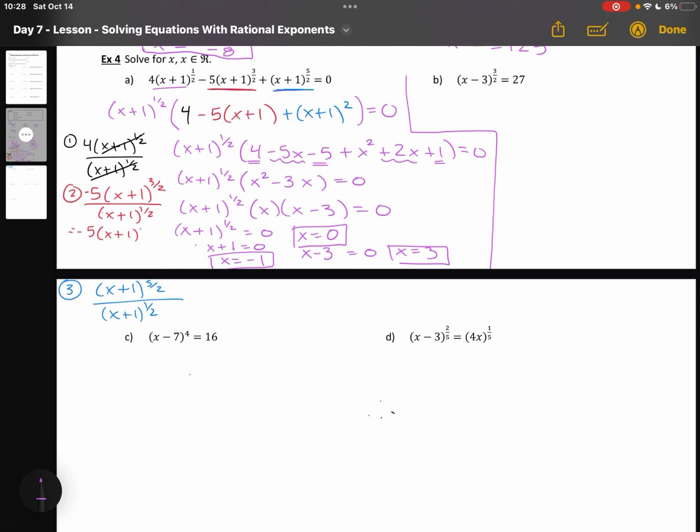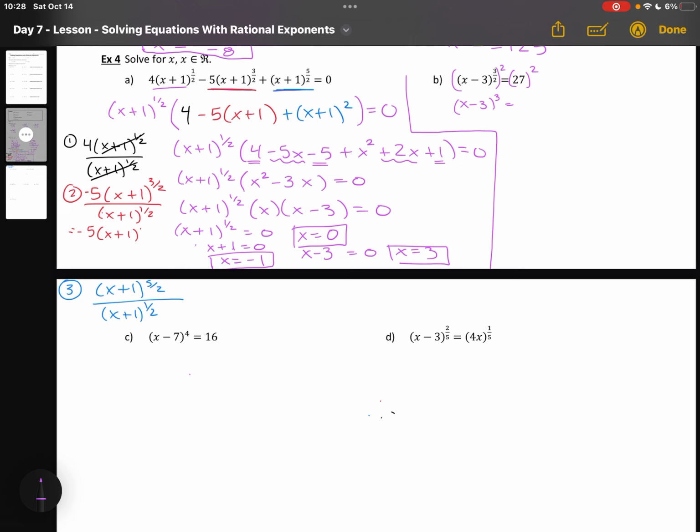Okay, let's try the next one. So just like the previous examples, we are going to clear the denominator of the rational exponent first. So I'm going to square both sides. That's going to leave me with x minus 3 cubed, which equals